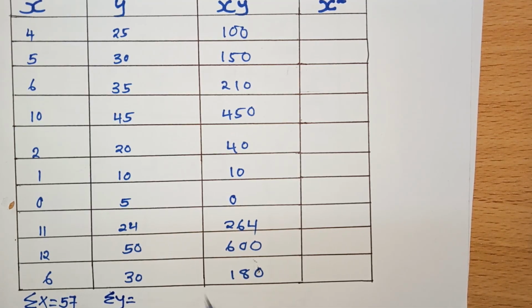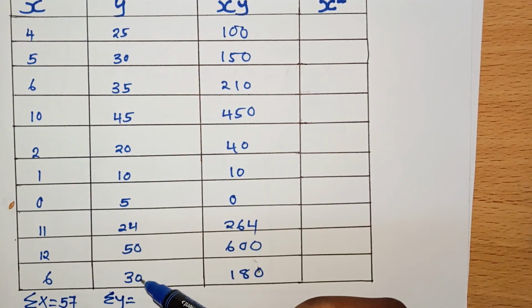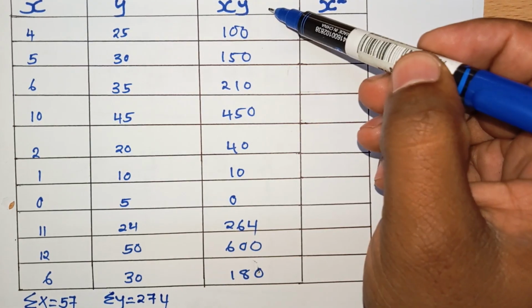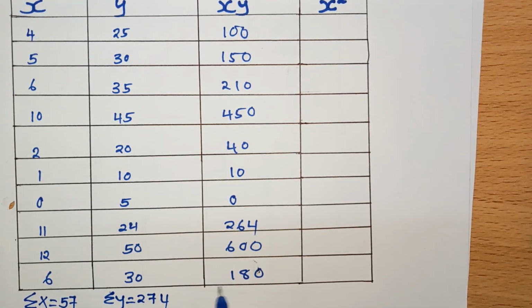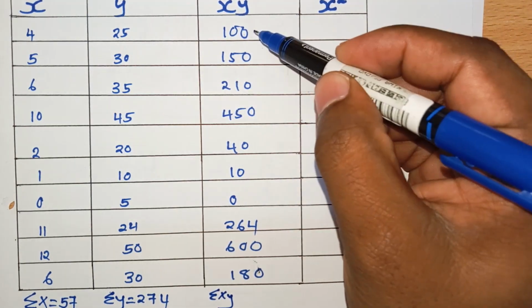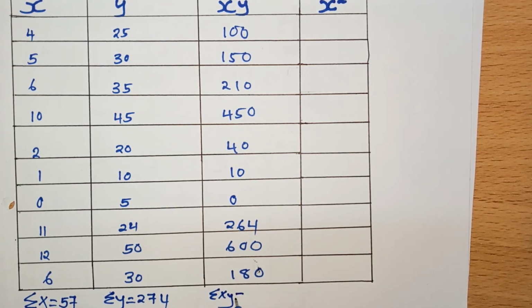If you take 25 plus 30 plus 35 all the way to 30 here, you are supposed to get 274. And then on the xy column, to get the summation of xy, we need to add all these values. If you take 100 plus 150 plus 210 all the way to 180, obviously you are going to get